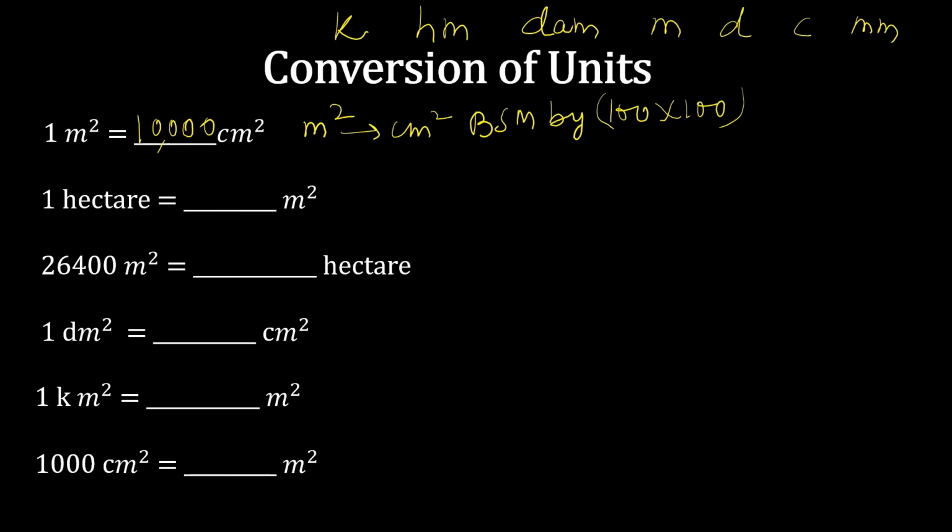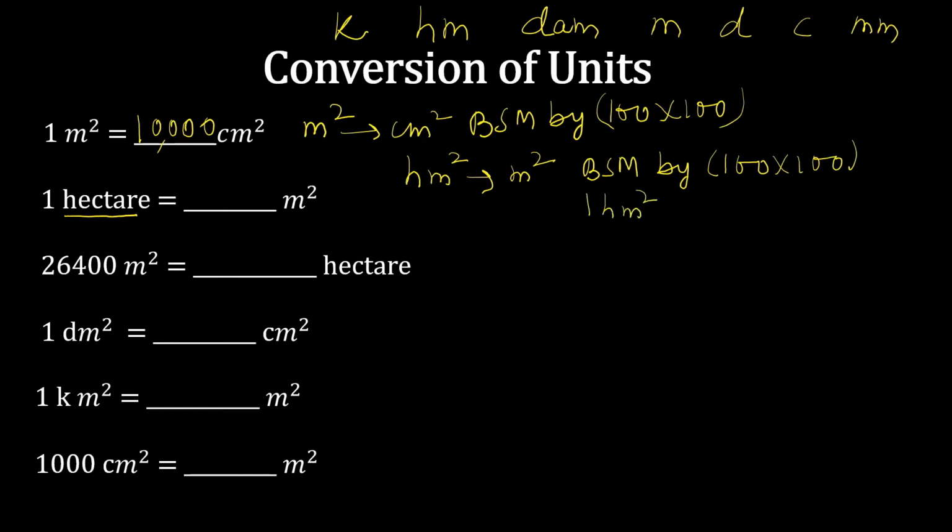Now again let us take next example, hectare. So 1 hectare is nothing but hectometer square, right? Just now I told you. So first of all, let us convert hectometer square to meter square. Instead of hectare to meter square, first always whenever it is hectare, just come to hectometer first. So it is hectometer square to meter square. So you can see hectometer to meter, it is a big to small conversion. So you will write BSM. How many jumps?